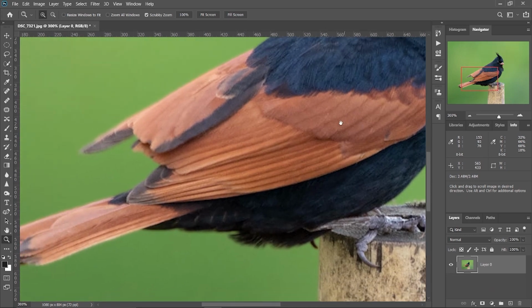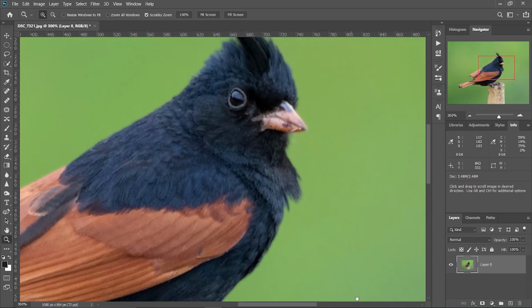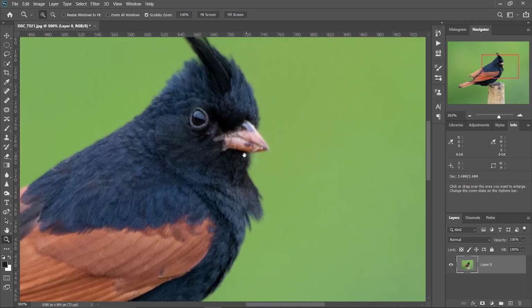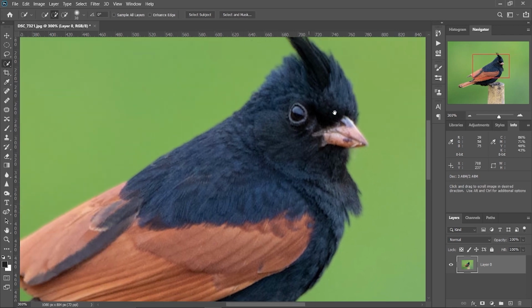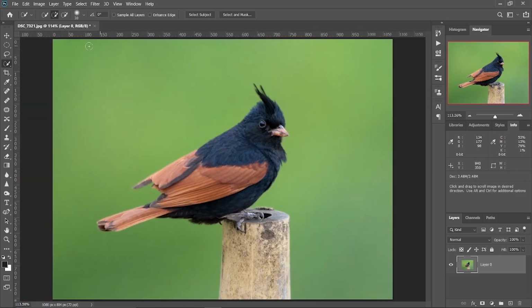This way you can drag the image, go around, and then when you are where you want to be, you can just let go of the space bar and you will be back on the zoom tool, or whichever tool you want to use. Let's say the selection tool: press space, you're going to be on the hand tool. It works with any tool. And also if you press space and right click, this drops down. This is the amount of zoom. So basically, fit on screen, the image will fit right on screen.